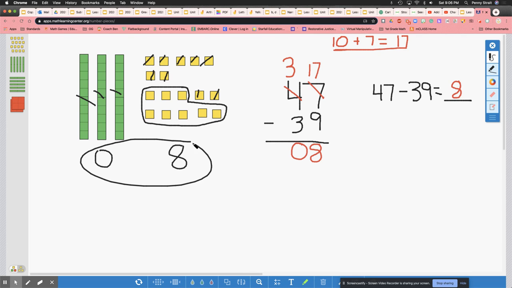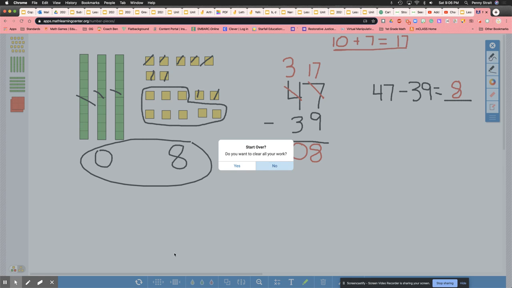The answer is 8. Did you see how helpful it was for me to write this up here? This helped me even if I didn't do the place value model. Let's do one together. This time, we're going to solve 51 minus